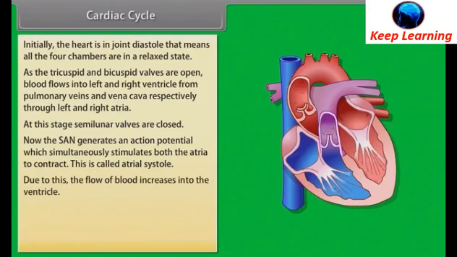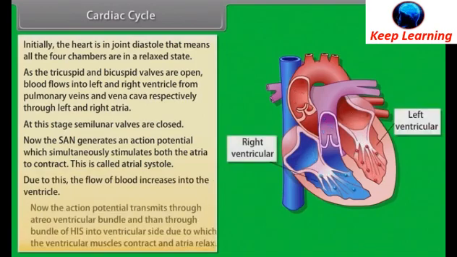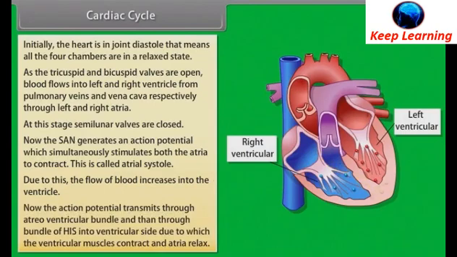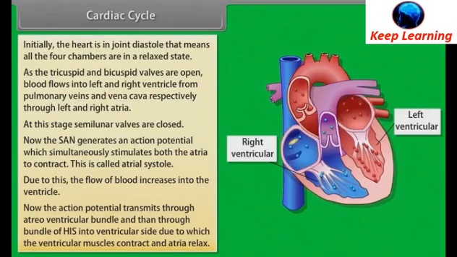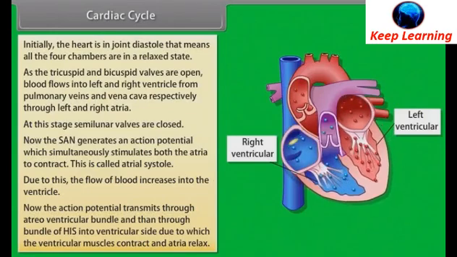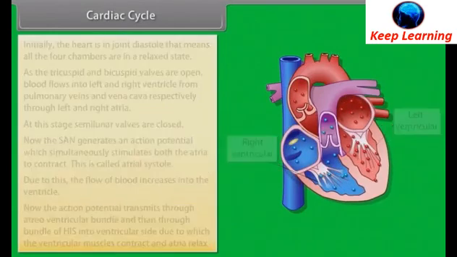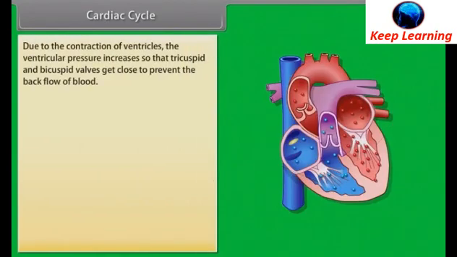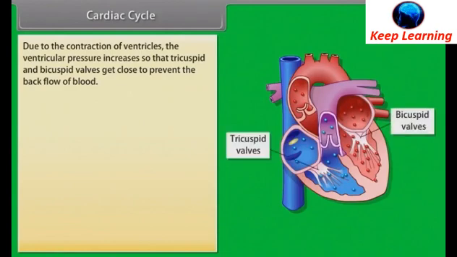Due to this, the flow of blood increases into the ventricle. Now the action potential transmits through the atrioventricular bundle and then through the bundle of His into the ventricular side, due to which the ventricular muscles contract and atria relax. Due to the contraction of ventricles, the ventricular pressure increases so that tricuspid and bicuspid valves get closed to prevent